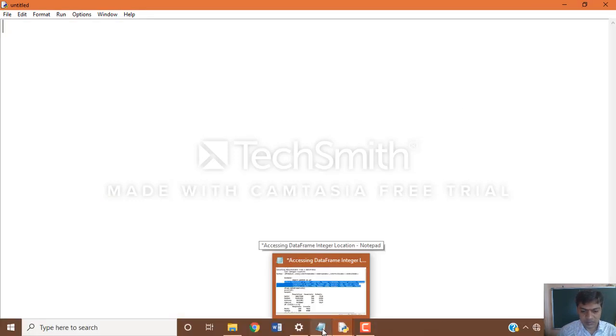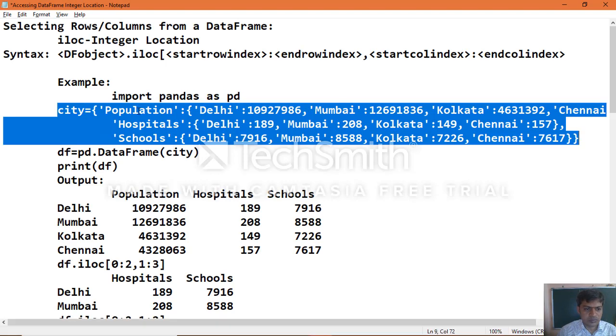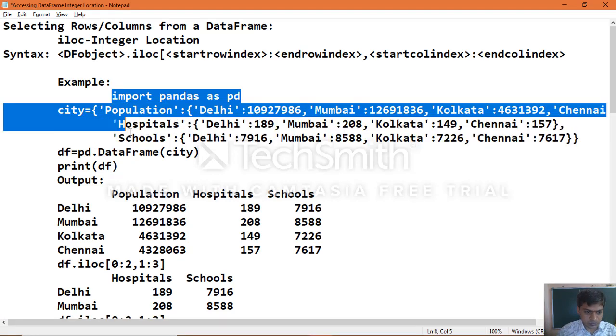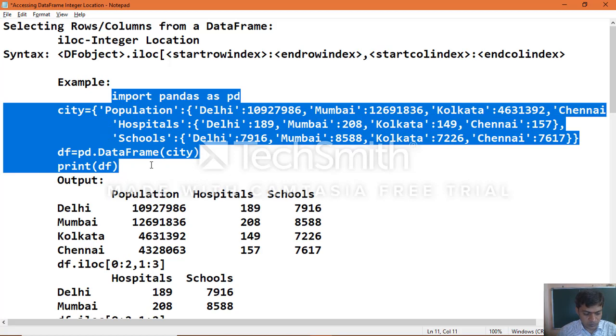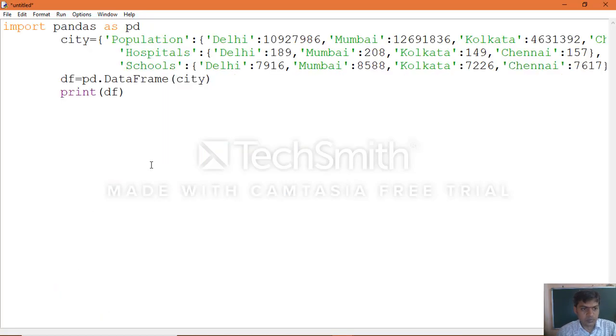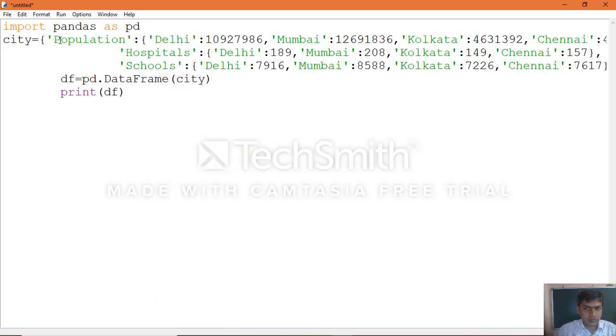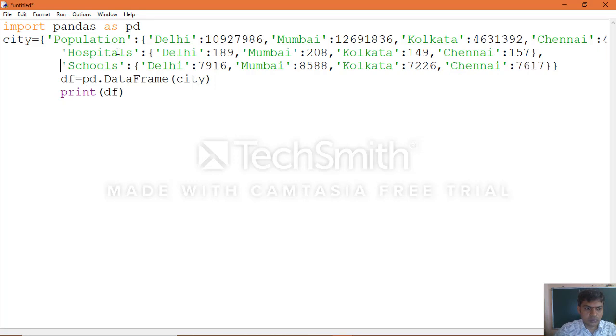Take the example and apply the things which you want to execute.